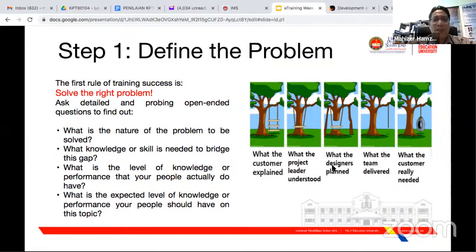What knowledge and skill needed to bridge the gap? Okay, we have discussed last time about the gap and then how to bridge the gap. What are the knowledge? For example, if I give the task analysis, a few students have submitted the task analysis, and then we will discuss about it later. How to bridge the gap? What they already know and what they are supposed to know. For example, in the industry, they know how to use the old machine. What they should know is how to operate the more advanced machine, the new machines, and that is the gap.